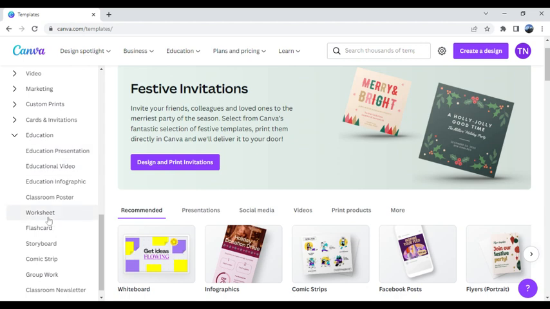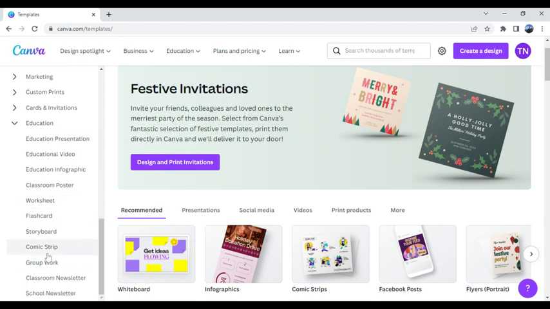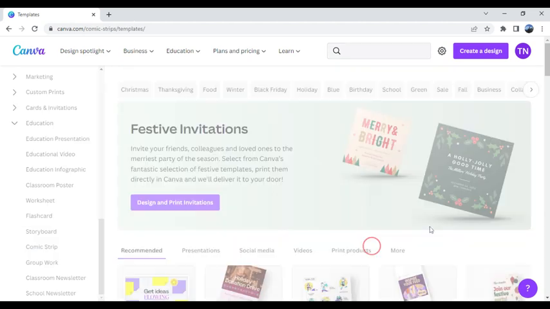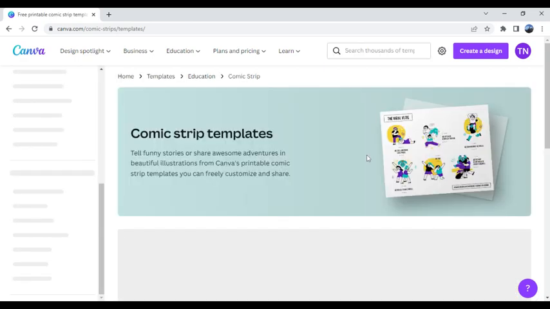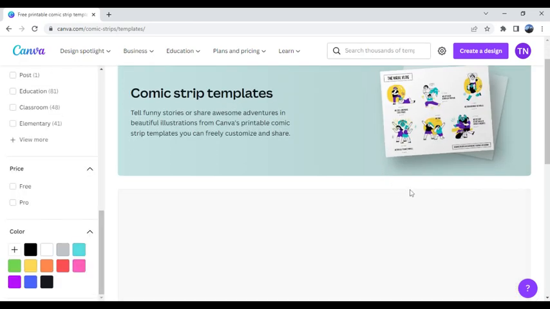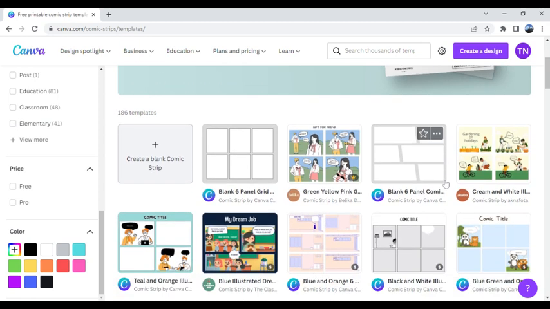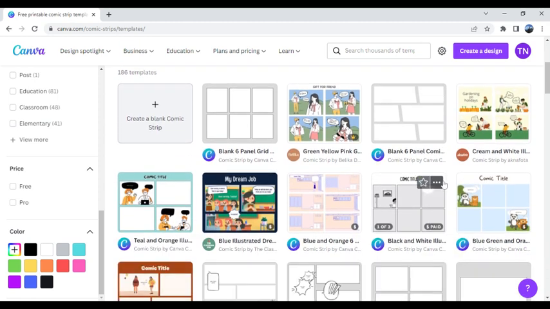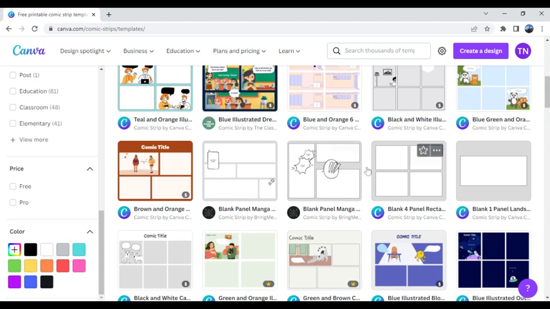Now let's look at creating a comic. Say I want to have my students create a comic strip to explain what they learned for the week or about a certain topic. We can click on comic strip and it will give us a bunch of different options here as it loads in. Your students will be able to go through these and pick one out, or if you want to give them a template to use to base off and make their comic, you'll see as we scroll through, there's a few